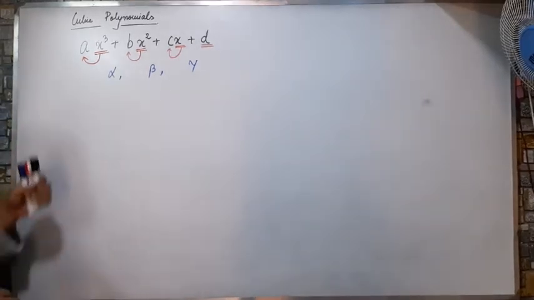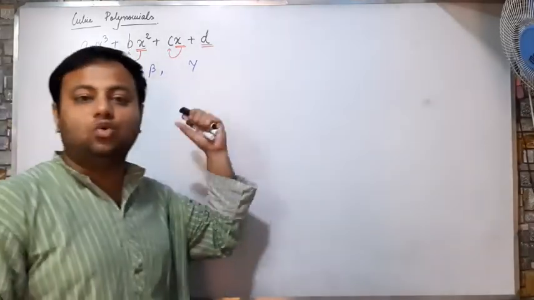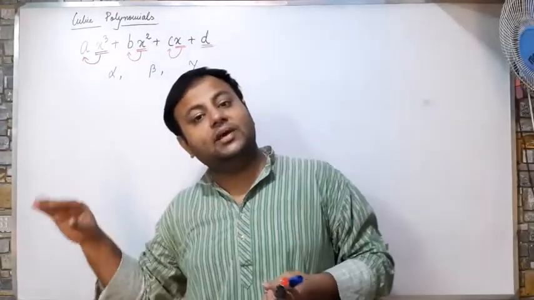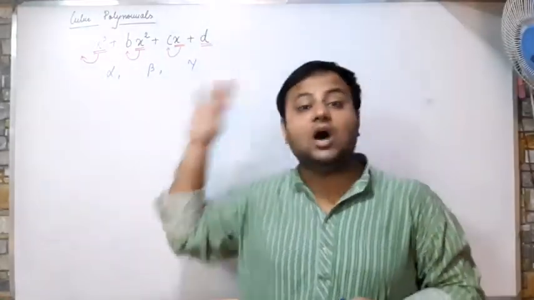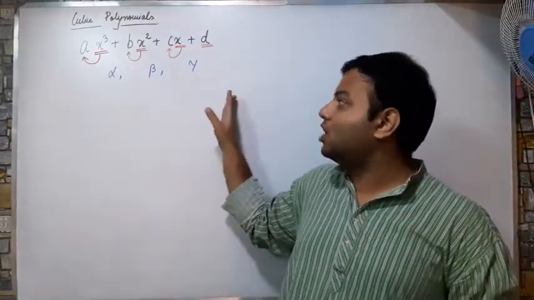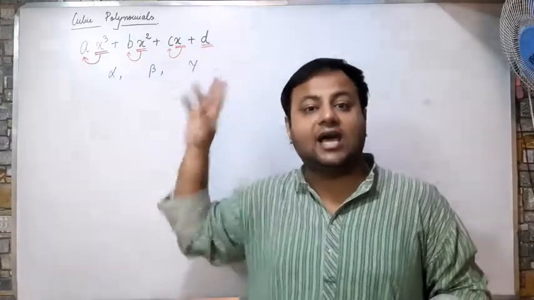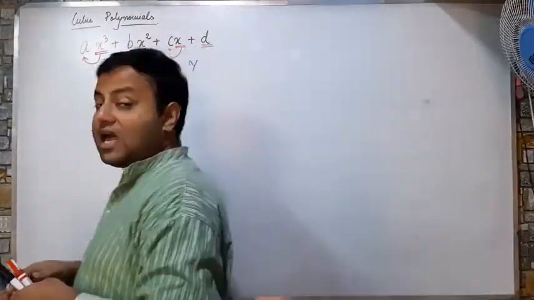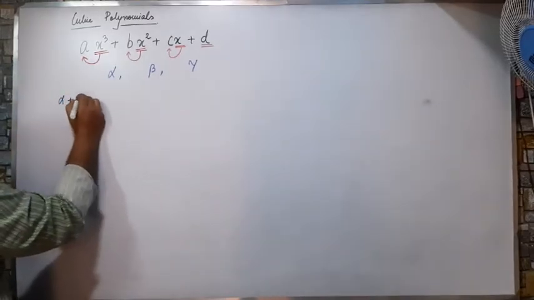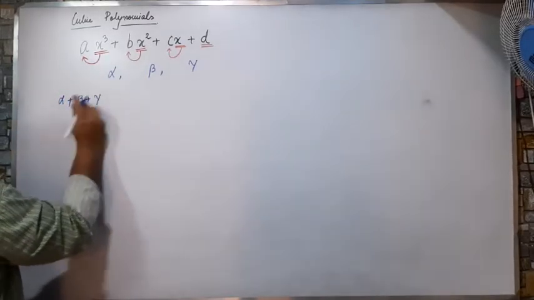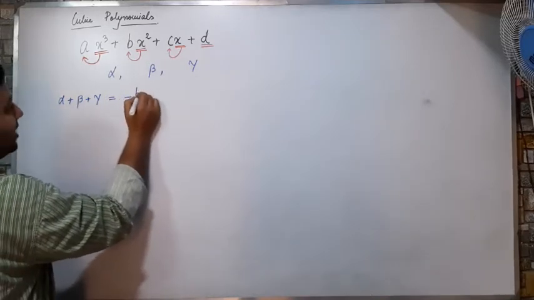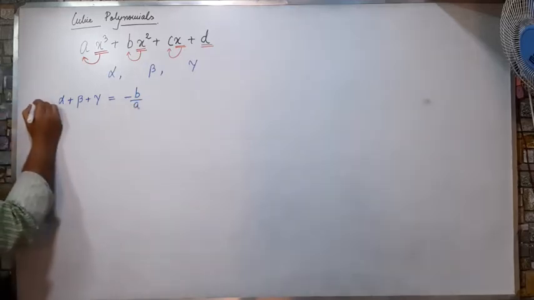Okay, so how to find the roots of this? Sir, we cannot find its roots because there is a middle term, for a quadratic it has no roots. So you will already be given alpha, beta, gamma. You only have to verify whether the roots alpha, beta, gamma match these coefficients or not. How? I have solved that formula. The relation. What was the relation? The first relation: alpha plus beta plus gamma will be equal to minus b by a. The first thing. These are the relations. Okay.